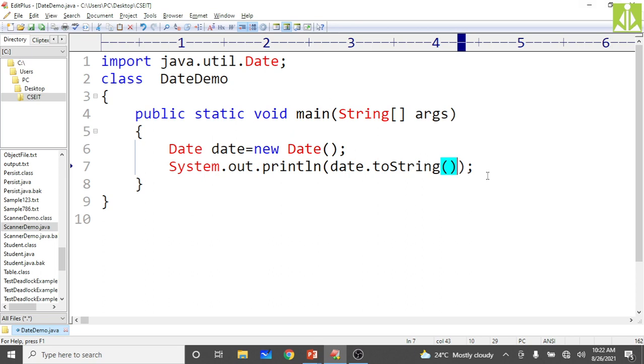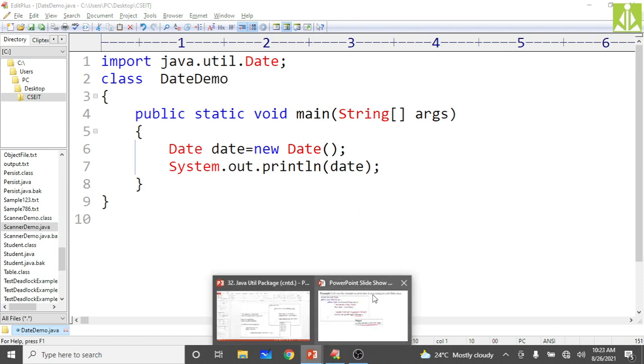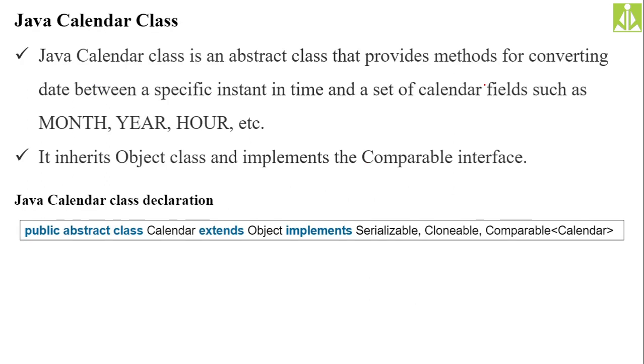So as I said, this method usage already got deprecated. The advanced feature is implemented in the JDK environment itself, Java Development Kit environment itself, so the environment itself is printing the date class object now. So no need to depend on toString conversion now. Okay, hopefully you understood this thing. So then we have the calendar class, and this is the advanced class, we can say. When you are comparing the date class and calendar class, the calendar class is the advanced one. That's the reason many of the methods of your date class got deprecated.